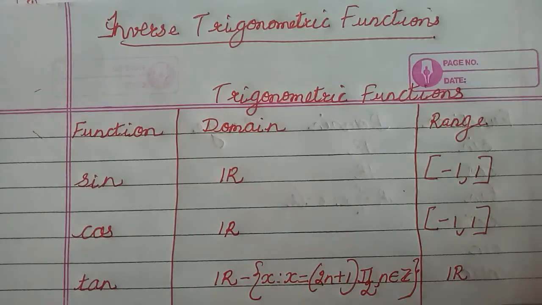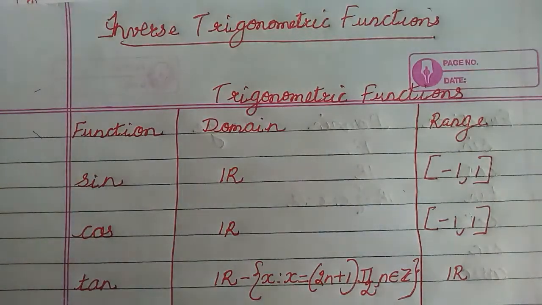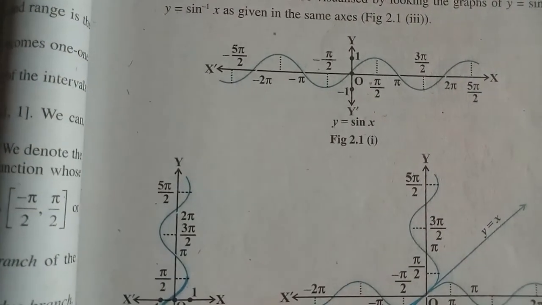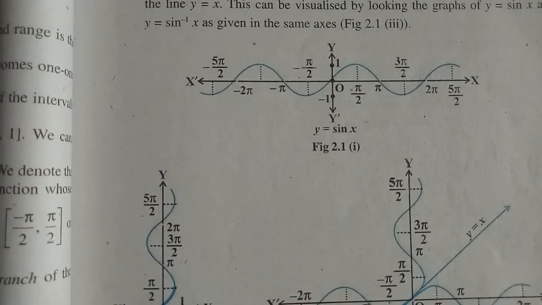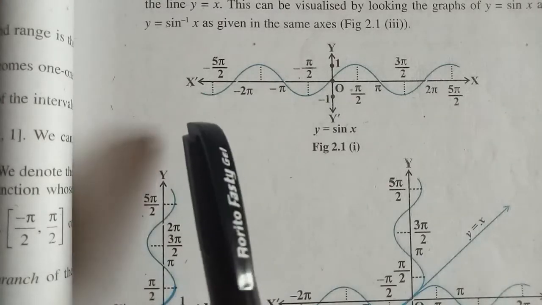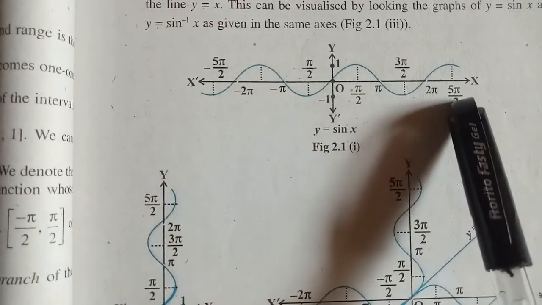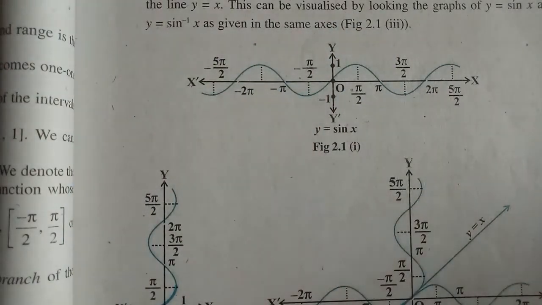So I have taken your NCERT textbook of class 12 and I want to show you some graphs. Rather than me drawing, I feel it is better to demonstrate what I want to say through graphs. This is your 11th standard, this is your 12th standard textbook. Now this is the graph of the function, already plotted here. Children, how do you read it? You have the x-axis, positive x and negative x. You have y and y dash, right? Positive y-axis, positive x-axis.